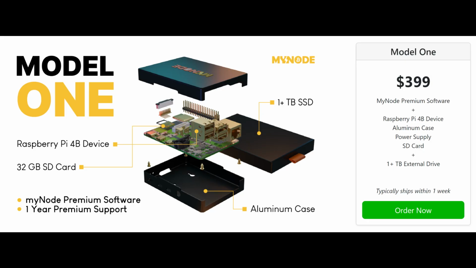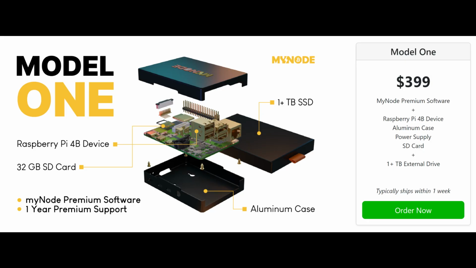Honestly, for me, again, this is just my personal commentary. I think at those price points, you probably either want to just do it yourself or step up to one of the beefier options that we just discussed. Because those price points do start to get a little bit high considering that you're running a Raspberry Pi 4. Again, the 8 gig RAM is nice, but I do think that is a little bit lofty for what you're